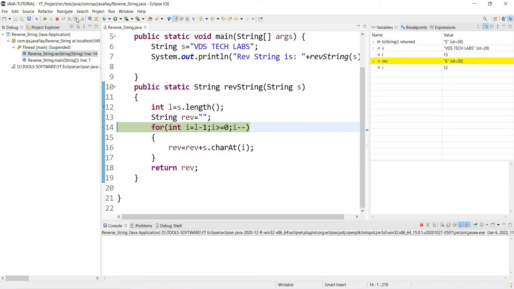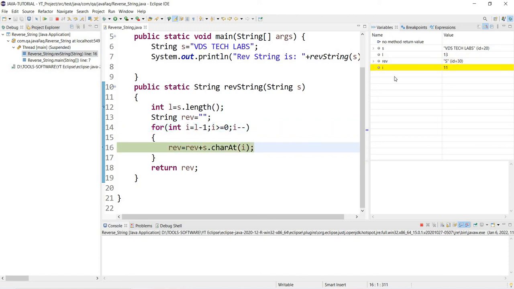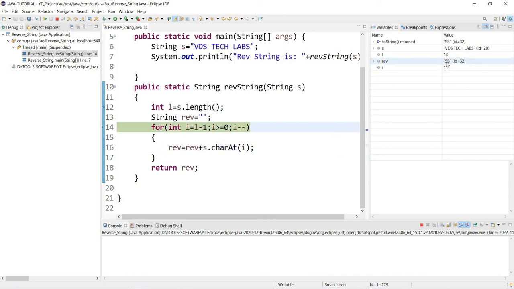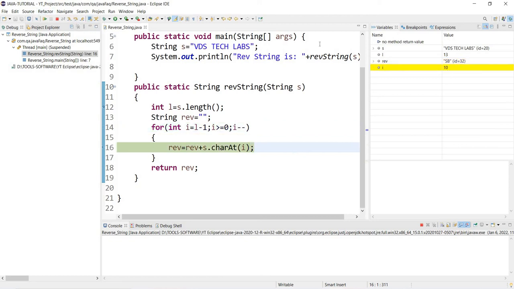Now if we step over again, see, it will go to the 11th index, that is v. Okay, again see, sv is in the reverse variable, b is also added, so it becomes sb. Again if we step over here, now it will go to 10.